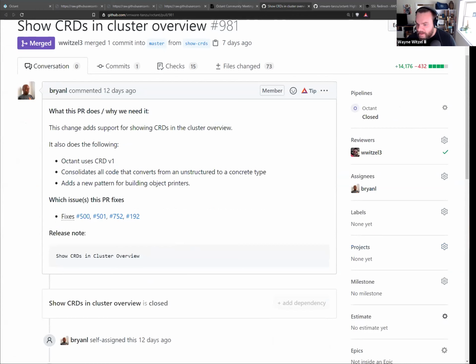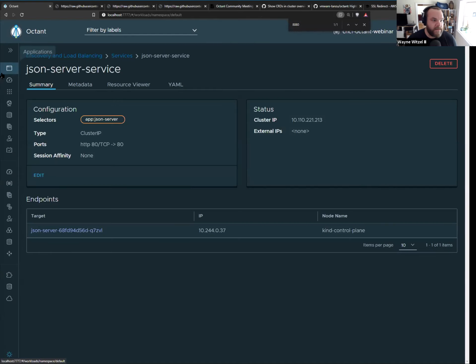I think I have Octant running, but let me see if it has any CRDs in it. I think it does. But let me just move it from the browser. I have it on this browser. So let's go